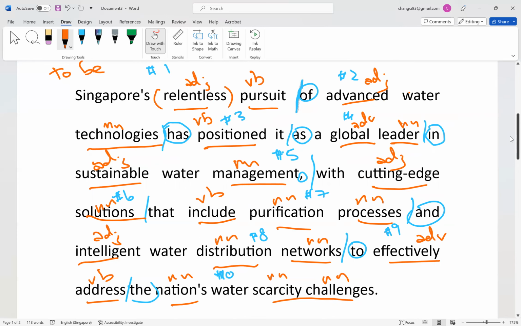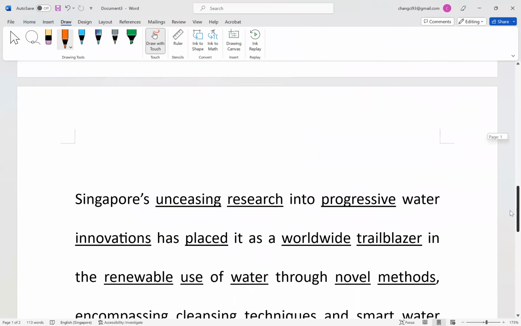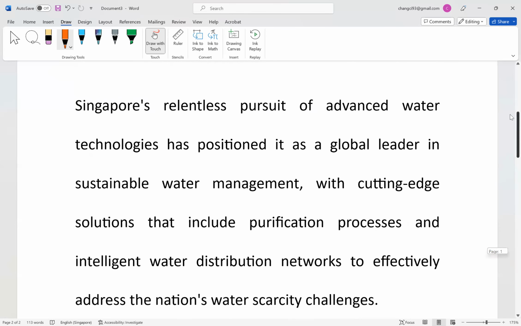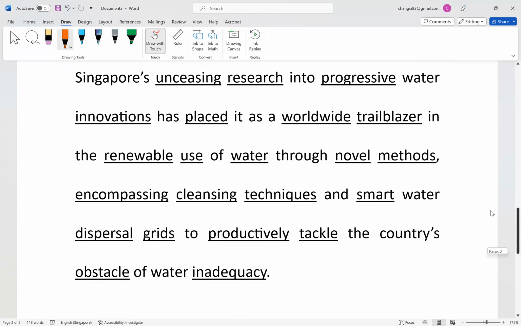So how did I paraphrase it? Singapore's unceasing research or chase, right? But in this case, I decided to use a more contextual paraphrase. Research into. So in this case, I changed the preposition, as you can see, right? Because research of sounds off. Okay. So research into progressive, advanced water technologies, innovations. Now, in this case, why am I using innovations in lieu of technologies? Because